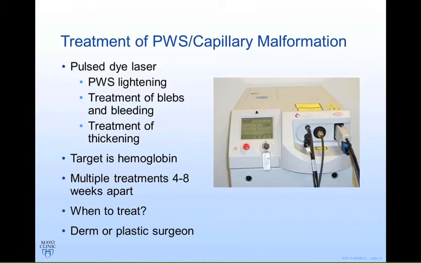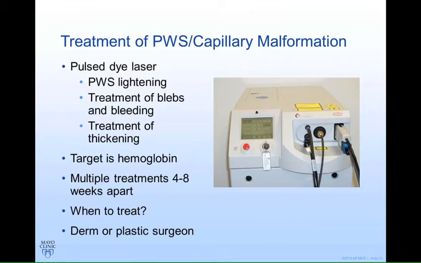Usually what happens is that someone undergoes treatment early on in life, usually sometime in the first 5 to 6 years. They do very well. They get to a point where they're very happy with the amount of lightening that they've been able to achieve. And then at some point during life, periodically, we do a little bit of touch-up. So it might be that every 5 or 10 years they come in and get 1 or 2 more sessions of the laser for touch-up.